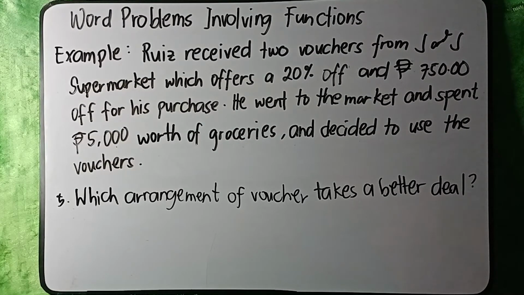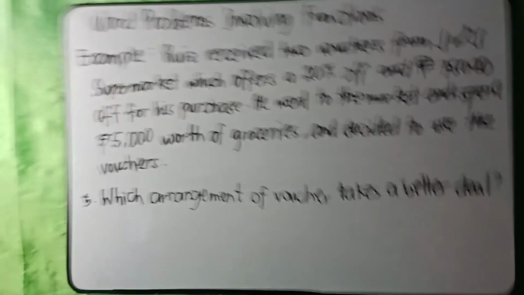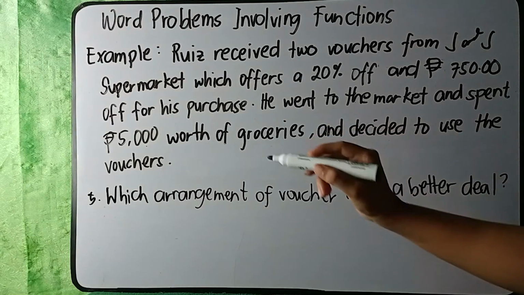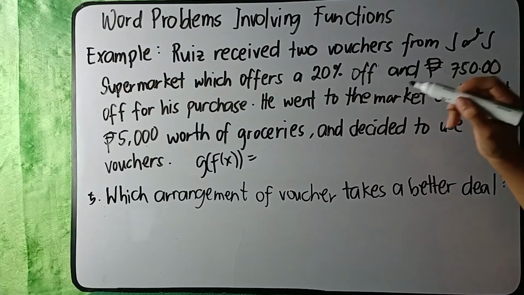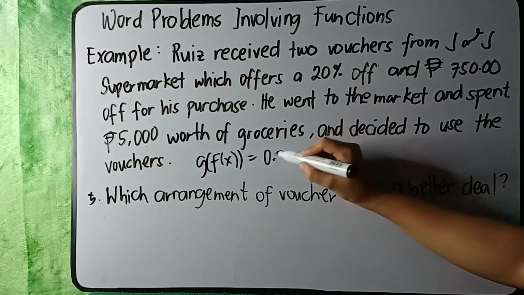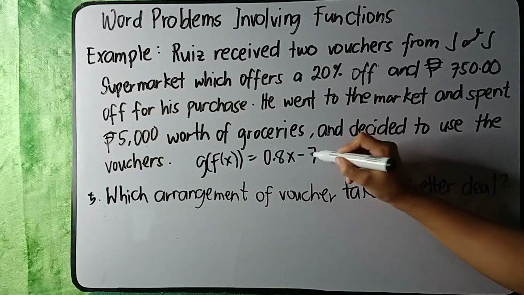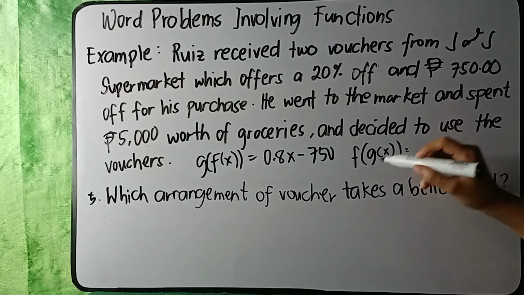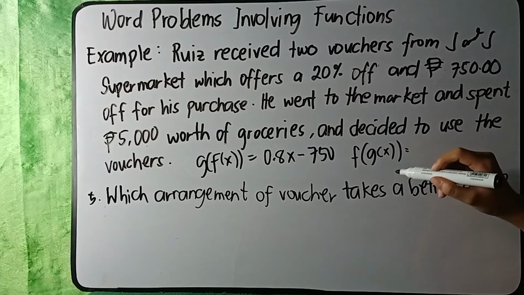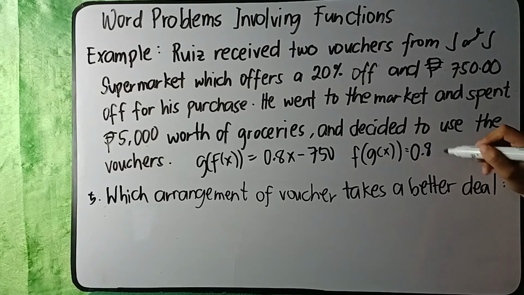For the last question, which arrangement of vouchers takes a better deal? Is it if you always use the 20% off first before the 750 pesos off, or the 750 pesos off first before the 20% off discount? So let's find out. For the 20% off first, we have g of f of x, which is 0.8x minus 750. While the f of g of x, wherein your 750 pesos off is first, is 0.8x minus 600. So let's find out which one is better